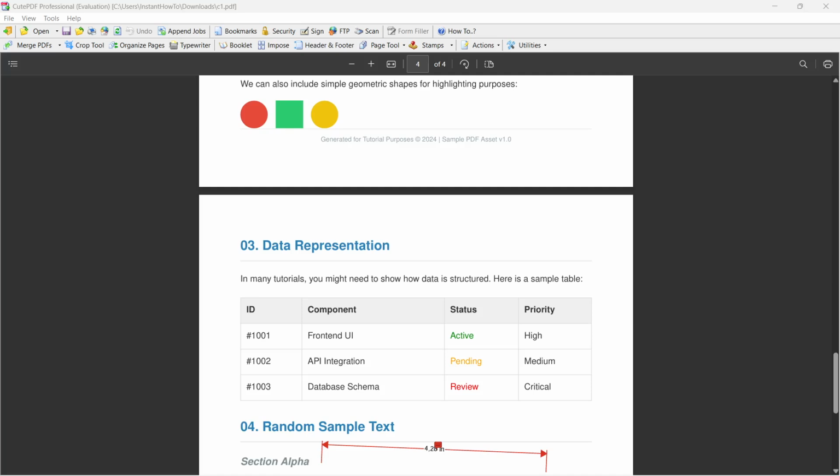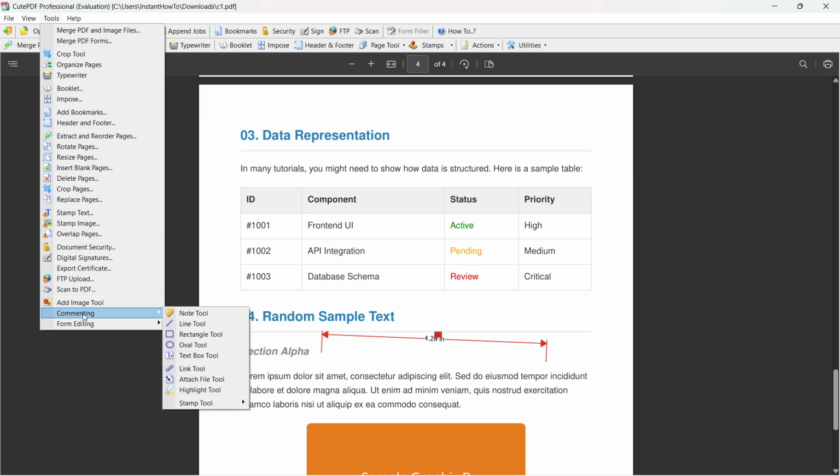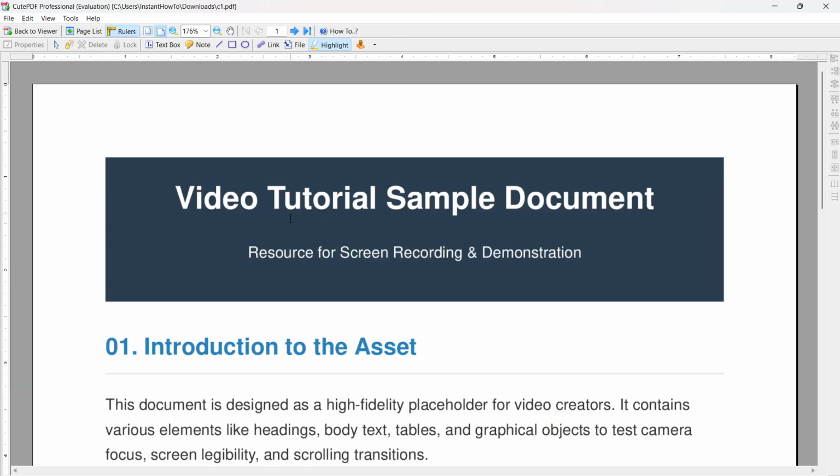In this video, I'm going to show you how to highlight text in CutePDF. Now, the first thing you want to do is open your PDF where you want to highlight text, and go to Tools, top left, then Commenting, and in here you can find the Highlight tool towards the very bottom. Click on the Highlight tool over here,